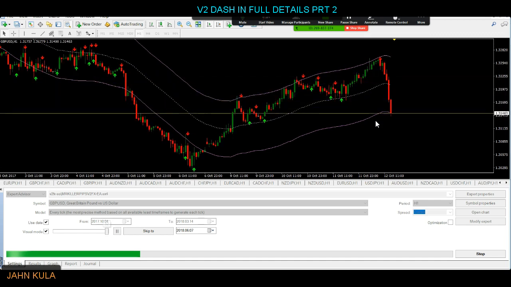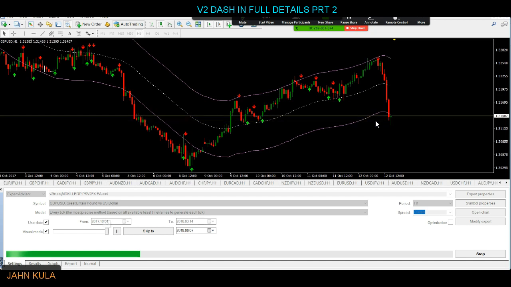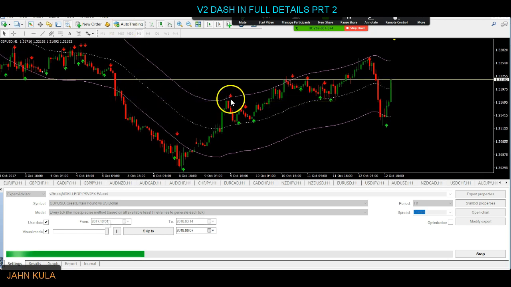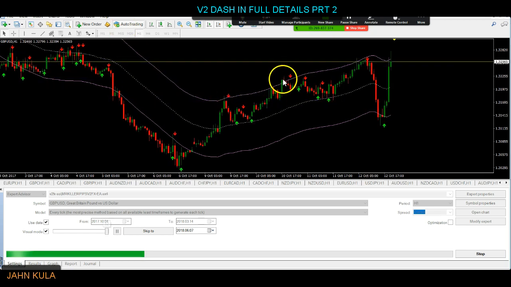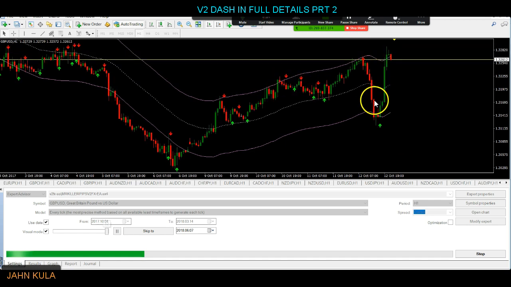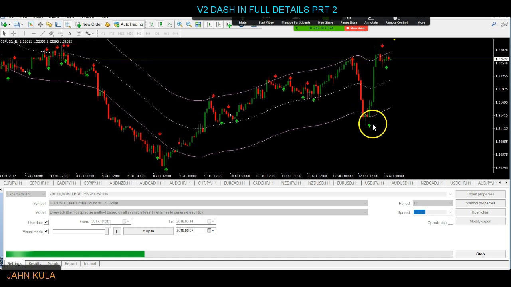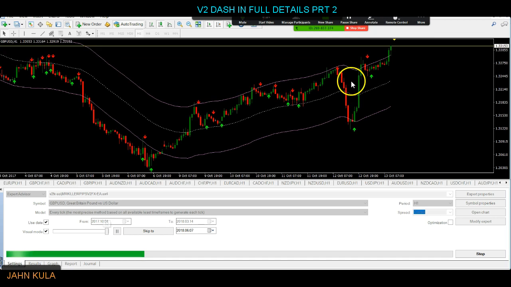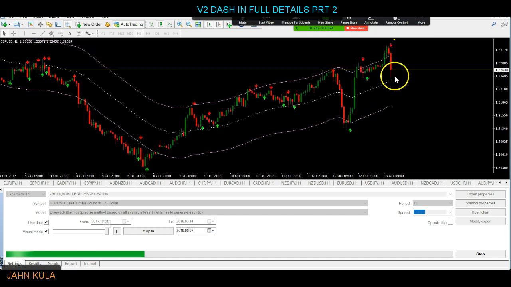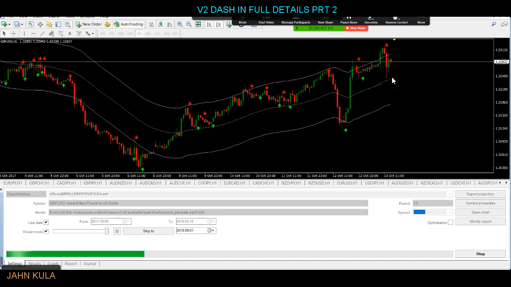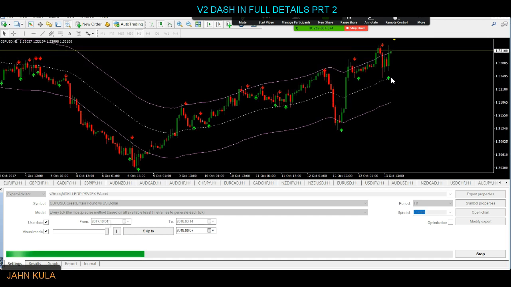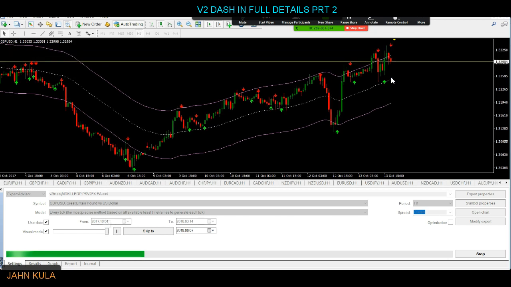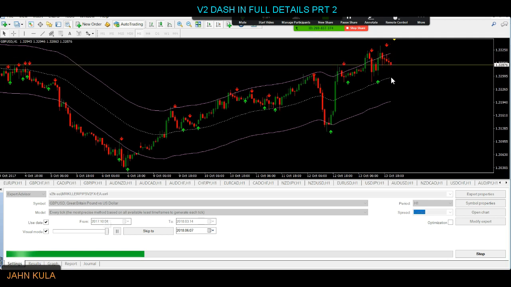Have a look at this one here. You see the way that could have been a good M trade because the price went off the top and closed in, and when you break down and open here, the EA could have closed it there. But because this signal is not with the main trend, the EA didn't open the trade. So the EA will only open good conservative trades. It'll come anyway, and that's the thing about time, because you can imagine waiting all these